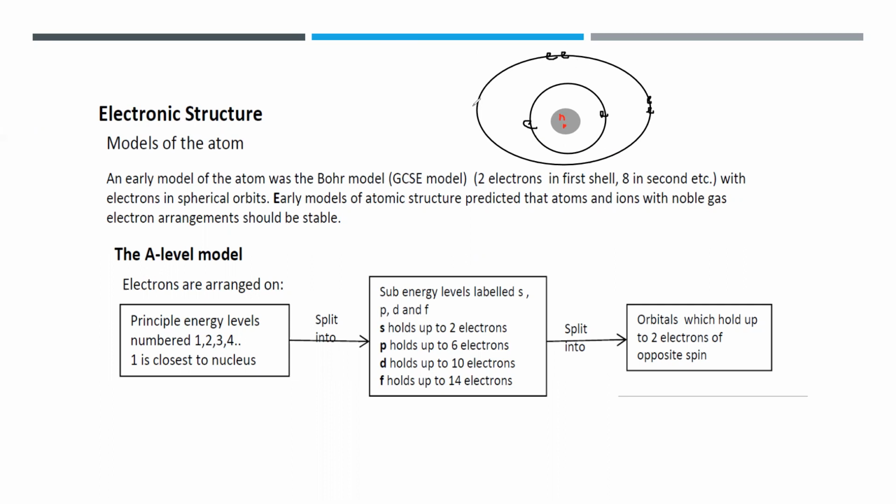But actually, in A levels, you will learn further division. So what happened? These shells are also divided into subshells. Like there is a shell, and the shell is further divided into subshells. Just to understand the concept of a subshell, for example, if you have a building, this building is representing an atom. Then this building will have floors, like a ground floor,